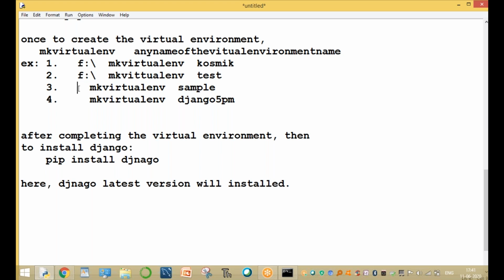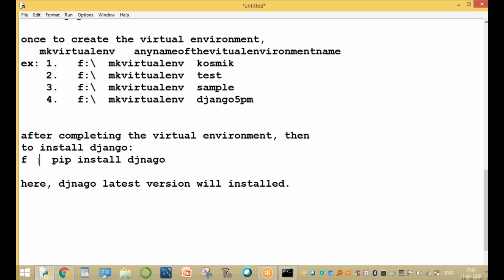You can install on the C drive also, no problem. Already a lot of software is available on our laptop, that's why you are using the F drive. You can install the same in the C drive, not only the F drive. Okay, after this, here also using F/pip install